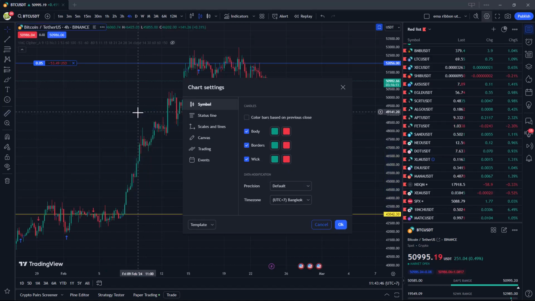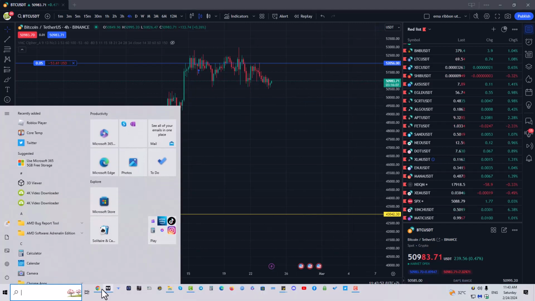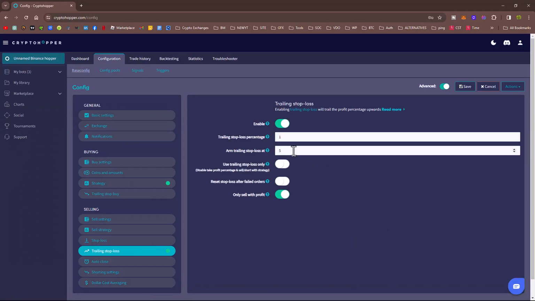So what could you do about that? Well, if you'd had slightly different settings, you could have had 2.5 in there. So that would mean we were looking for 5% minus 2.5% equals 2.5% minimum profit before anything